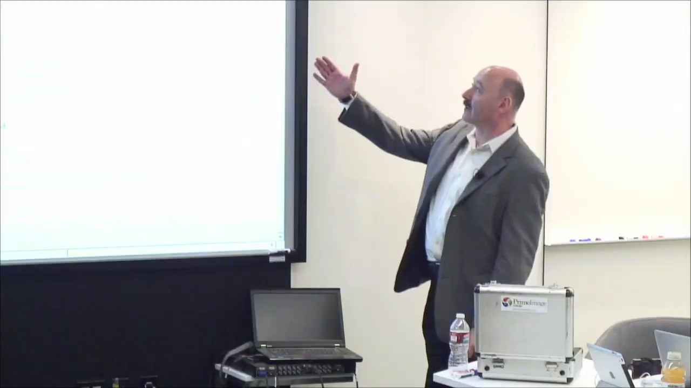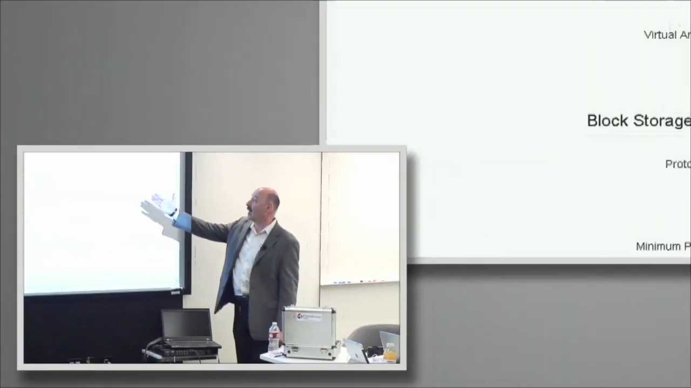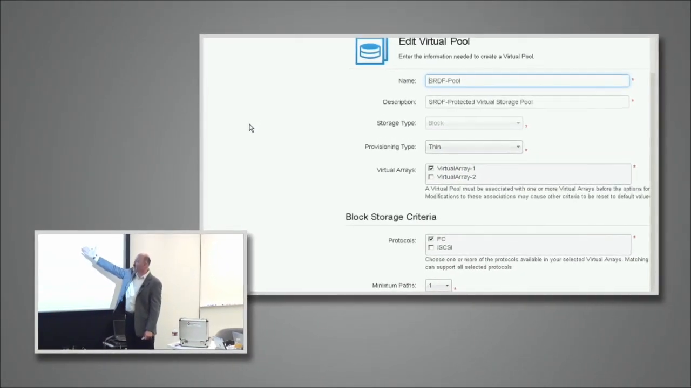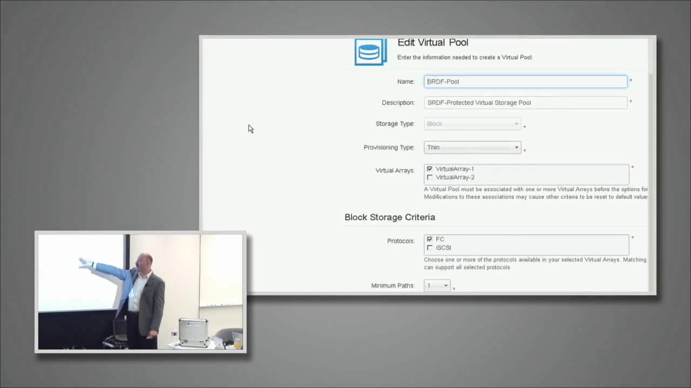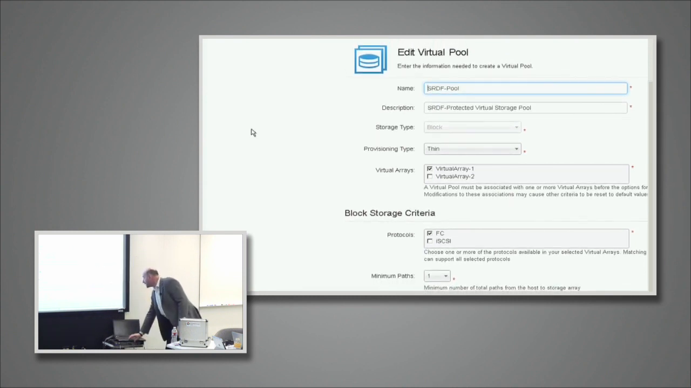So, and if you look here, this virtual pool, I'm using thin provisioning, block storage. I'm using one virtual array, number one. I could have used both. However, the way I configured it, my SRDF protected vMAXs are distributed through both virtual arrays. So I'm using Fibre Channel protocol and not iSCSI. And as I scroll down here,